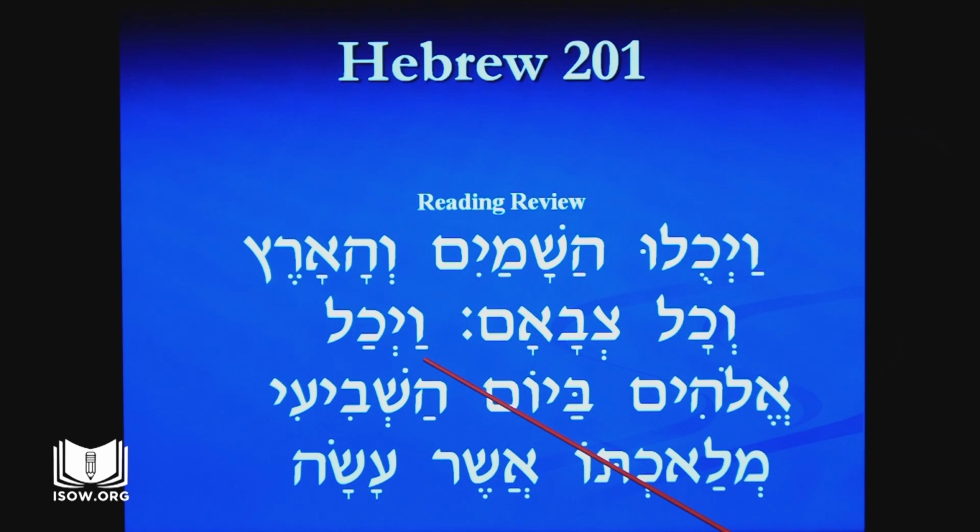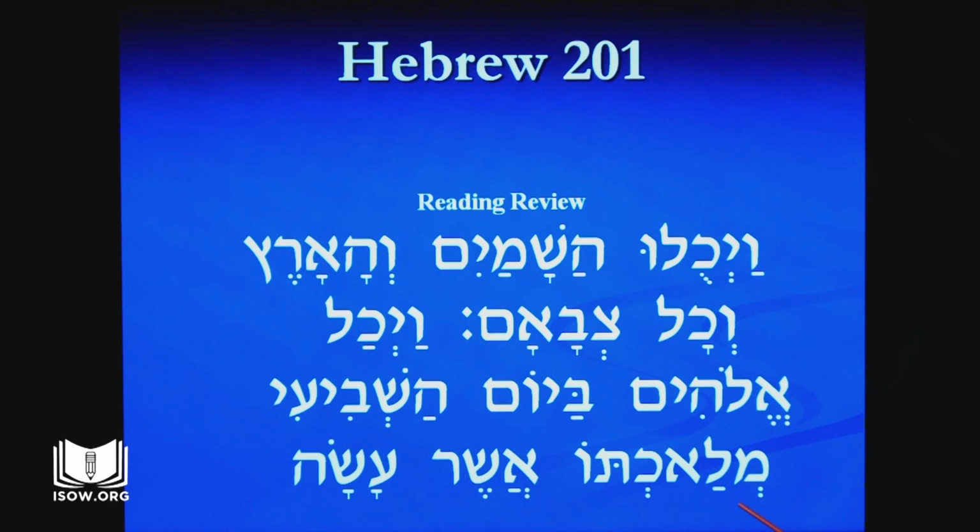Next word, vayechol. Next line, Elohim, bayom, Hashvi'i. So Elohim, Bayom, Hashvi'i. The next line,